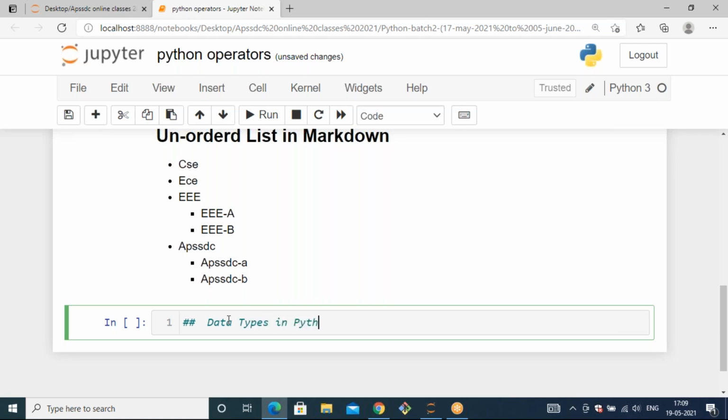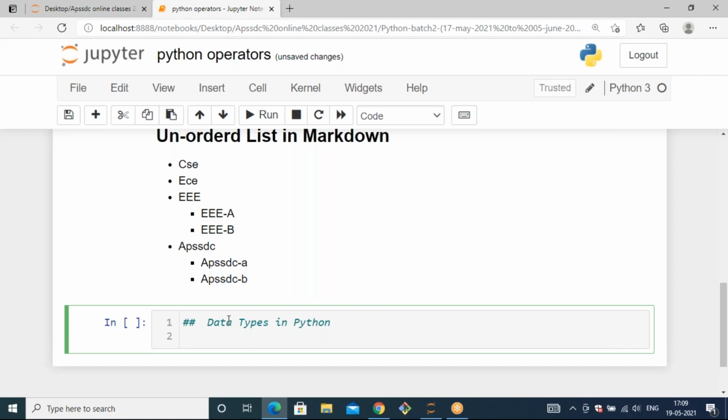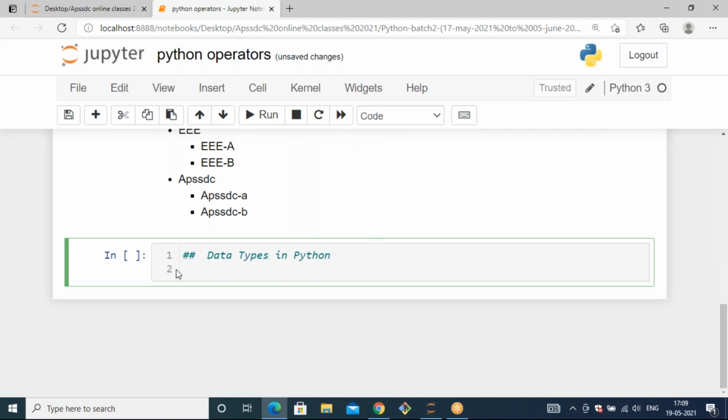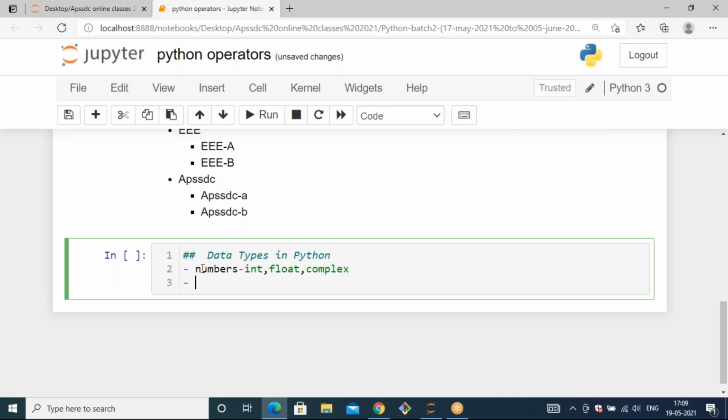Data types in Python. We already discussed this yesterday, right? So can you respond to me? What are the data types we have in Python? Int, float. Okay. When you take the data types as numbers, we have int, float, and complex, right? And when you take the data types as string,